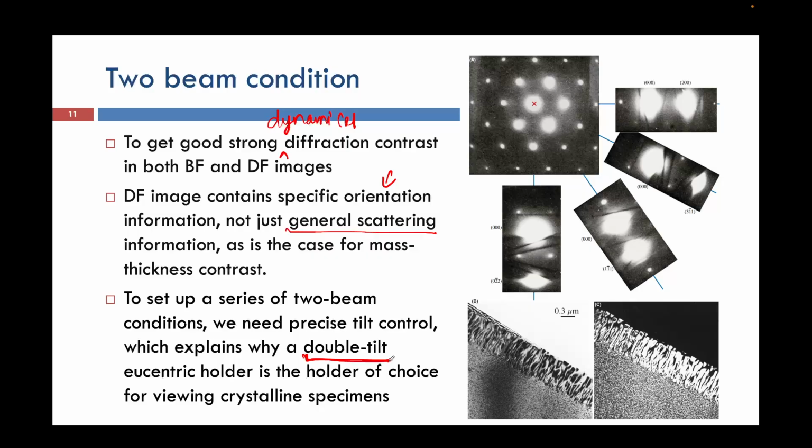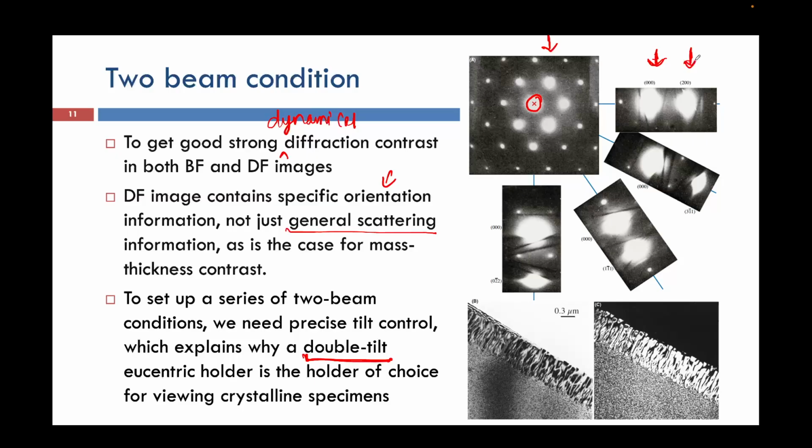And here, this is a diffraction pattern. First we obtain a diffraction pattern related to our material, then we select this beam, and then we tilt our specimen in such a way that these two strongest beams appear. How will they appear? We know that as we rotate our specimen and change its orientation, the reciprocal lattice will also rotate and change its position. That is how we will always be able to get, in this case, let's say two